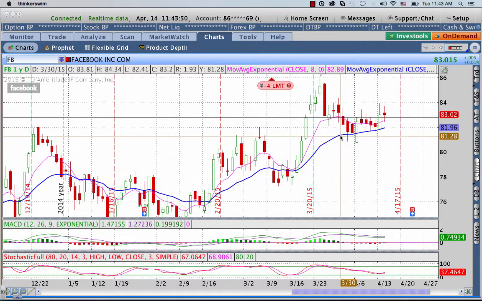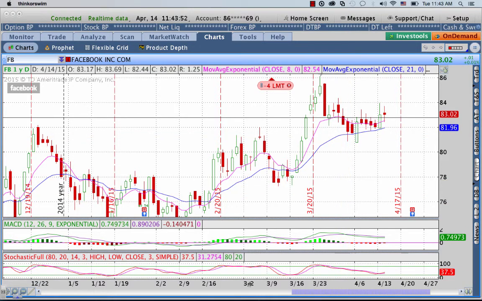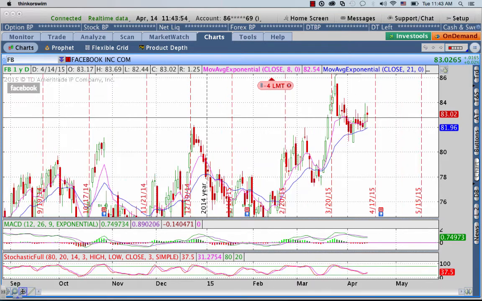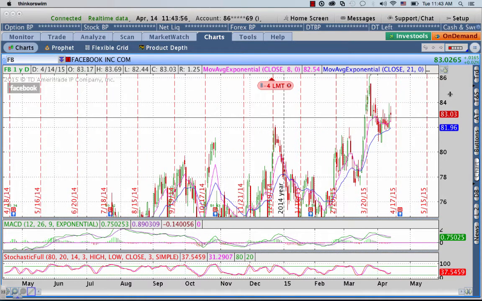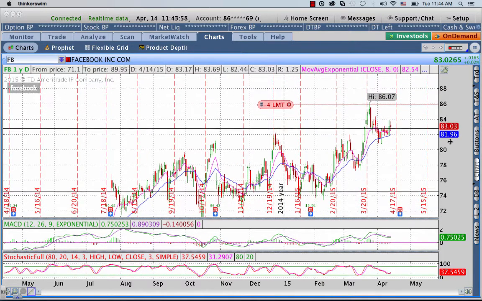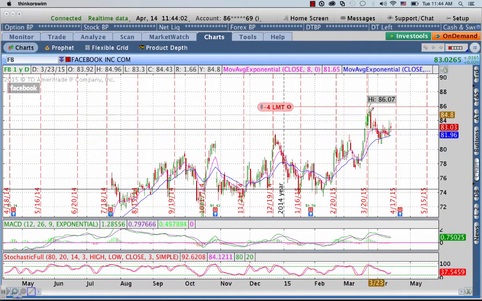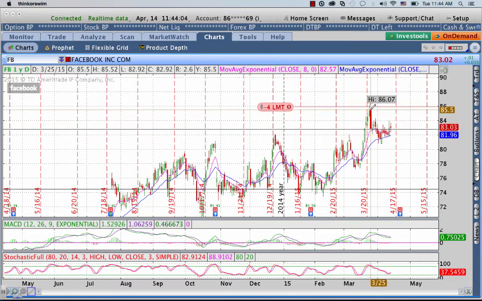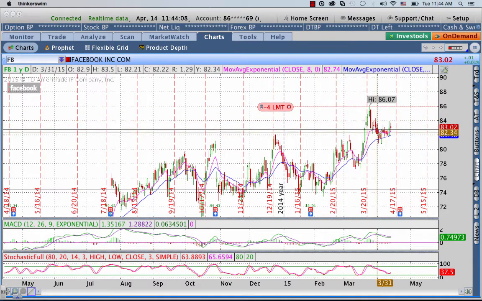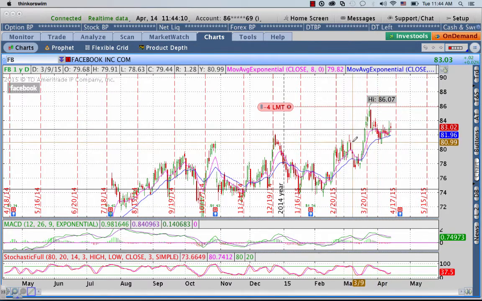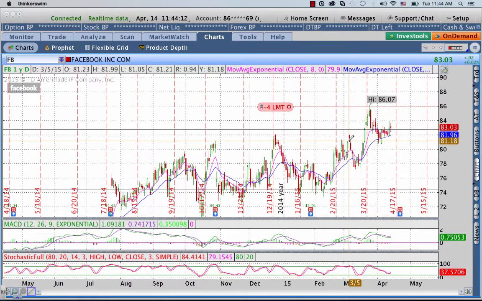One of the reasons we liked that particular trading setup so much is that Facebook has broken to new all-time highs. Anytime a stock breaks to new highs, we like that. It's broken out to a new high on pretty good energy. We're seeing it retrace back down with a little two-step move into a very solid support resistance zone down here